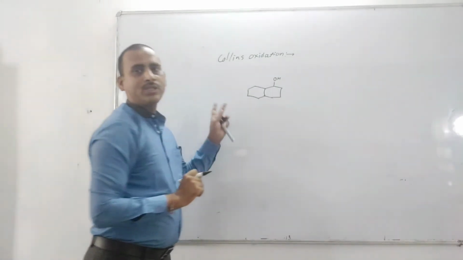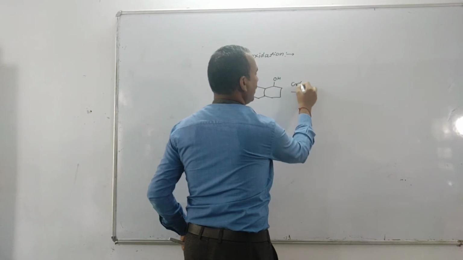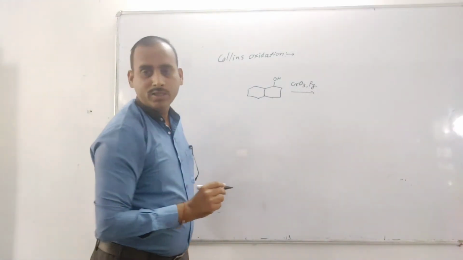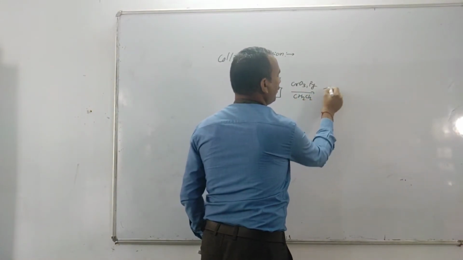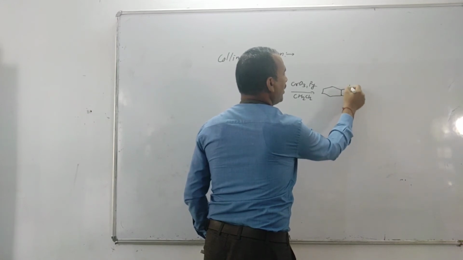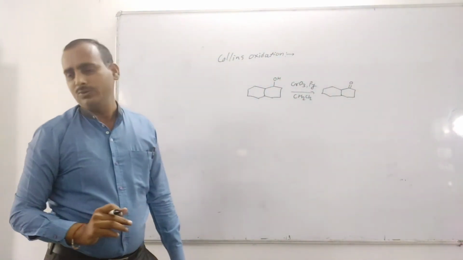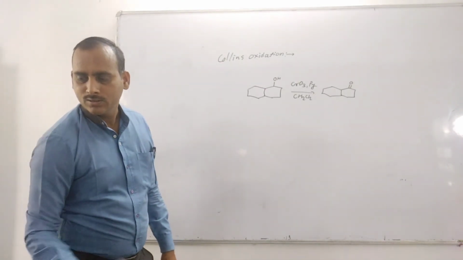OH. Now this OH by using chromium trioxide, CrO3 pyridine in DCM solvent, CH2Cl2. The product is ketone. The secondary alcohol is oxidized to ketone. Another more example: